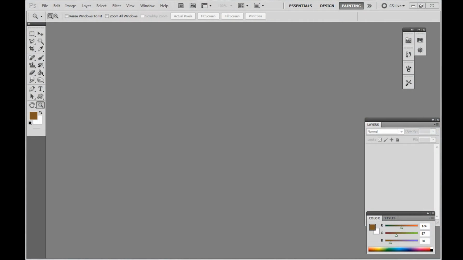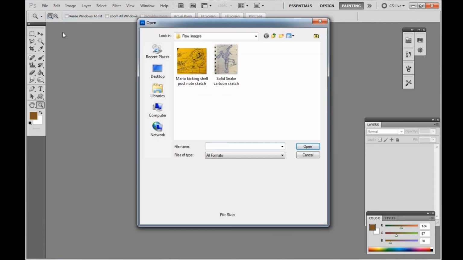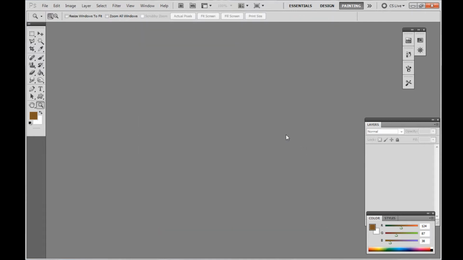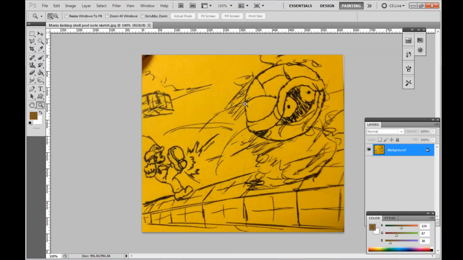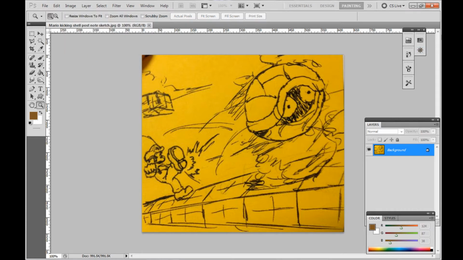So we got Photoshop open, and what we're going to do is import the image that we want to draw. So File, Open, track down your image, and this time it's going to be Mario kicking a shell. This was drawn on a post-it note, so it's going to be really, really tiny, but that's not what we want, because when we look here under Image and Image Size, we can see